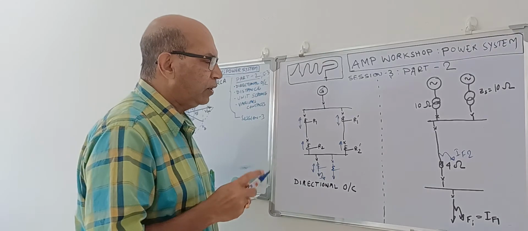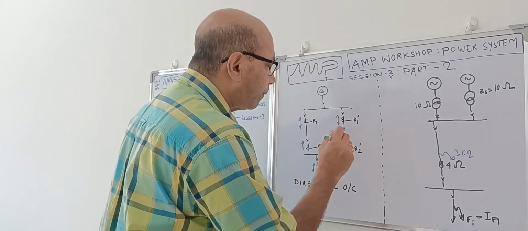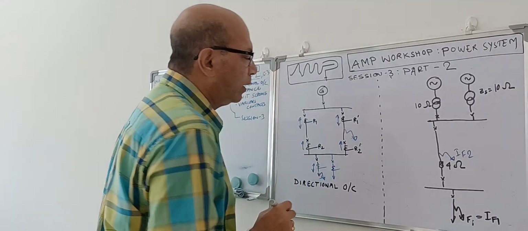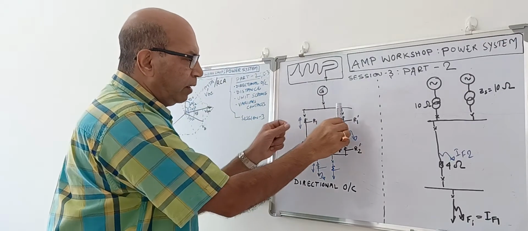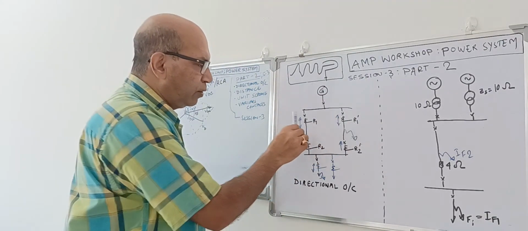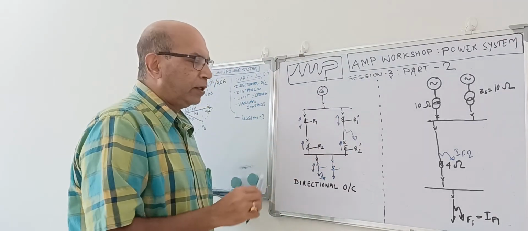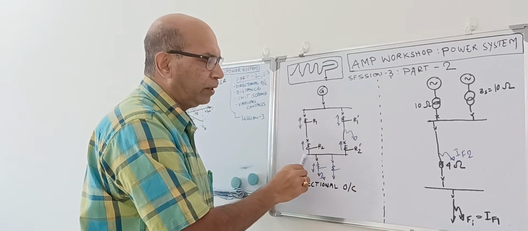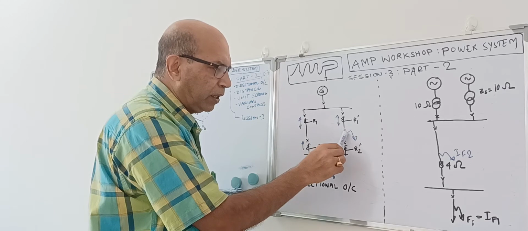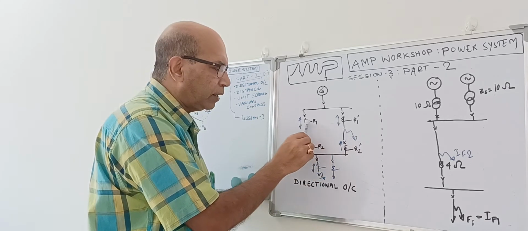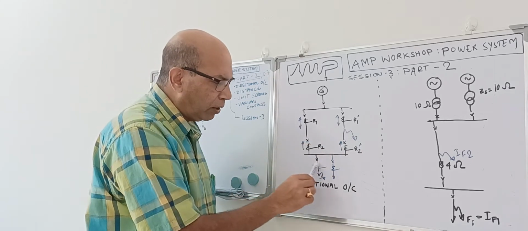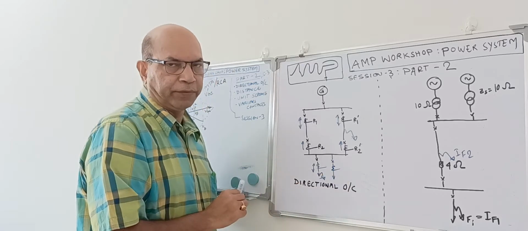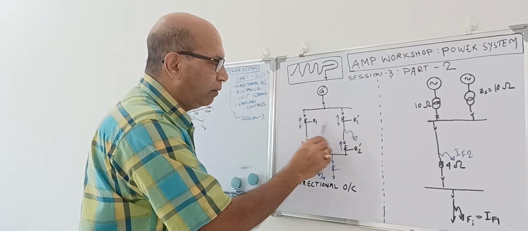But now consider there is a fault over here in this line. Why have we given these two links like this? The intention is that if any one of the links is out, then the other should maintain. If there is a fault on any link, that link will be out, but the other link will be maintained, so that all the outgoing feeders can be catered for. That is the intention of providing these two links.